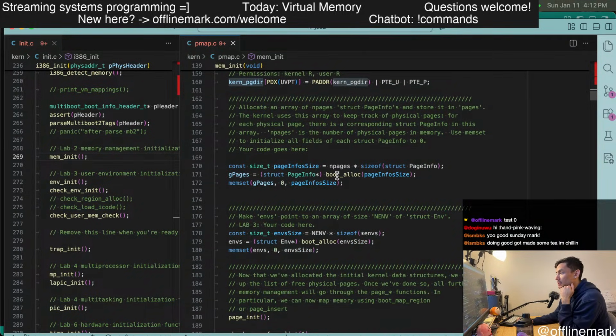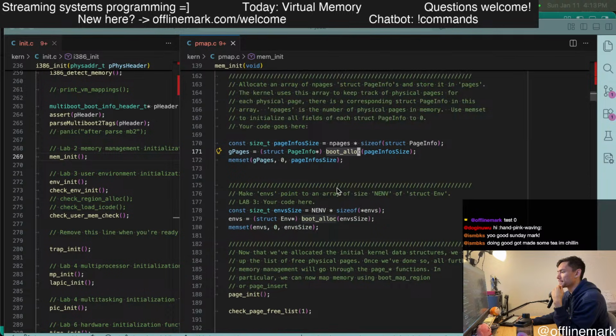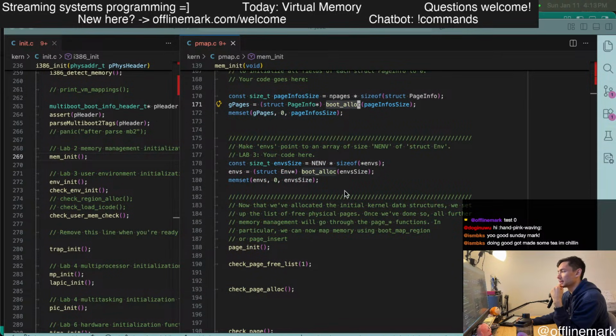It allocates its physical memory frame data structures for tracking those. It allocates the storage for all the tasks, environments, processes. So that is